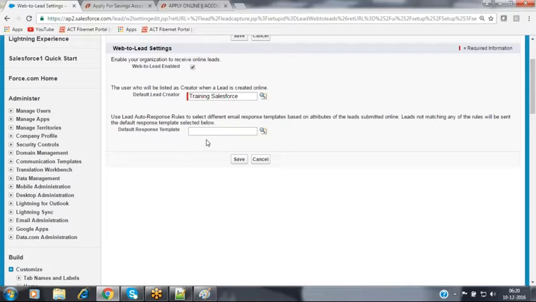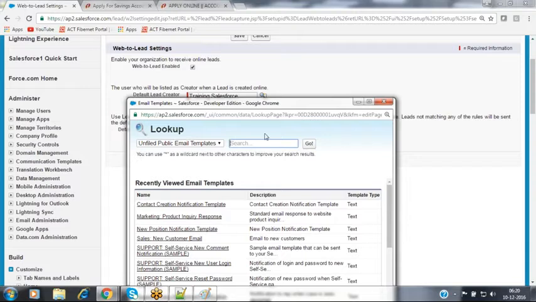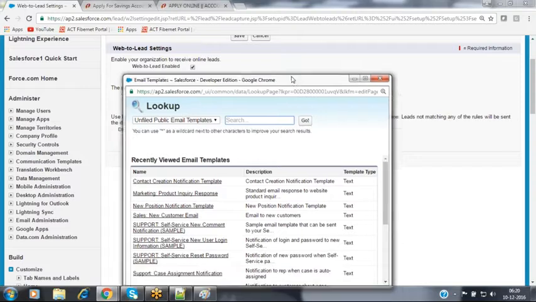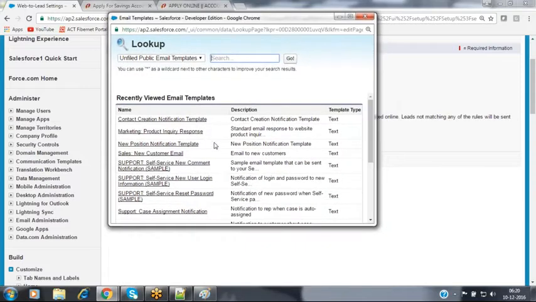I want to send one email notification to the customer, and this is the email template I'm going to use to send the notification. So you can prepare your own email template. You are aware of how to prepare email templates and what the various types of email templates available in Salesforce are. By using any of the types, you can prepare an email template. That email template we have to select here by selecting that lookup icon, by which we can send that confirmation notification to that particular customer.